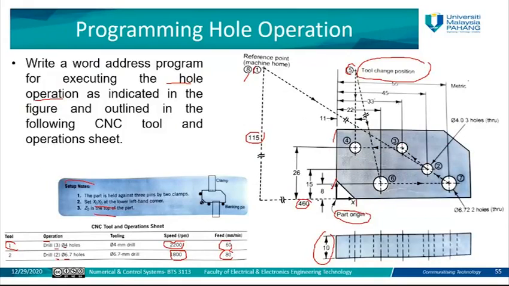For example, in the simulator, you cannot put it for 160 because you have limitation. For example, there is limitation for each machine. So if you go for milling machine, there is some limitation like 0 to 100. If you go for some of the turning machine, there is a limitation also, and so on. So sometimes if you go over the range of this, I mean, if the dimension of the workpiece is over the dimension of the table of the machine that you have in your simulator, it will not run, it will